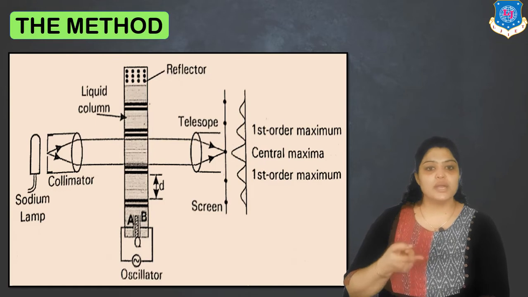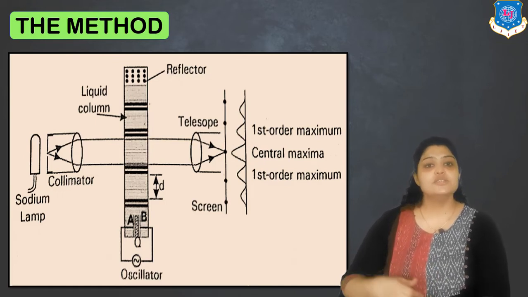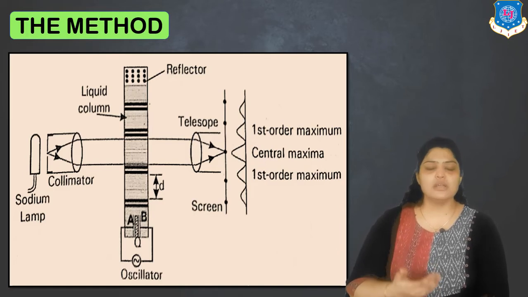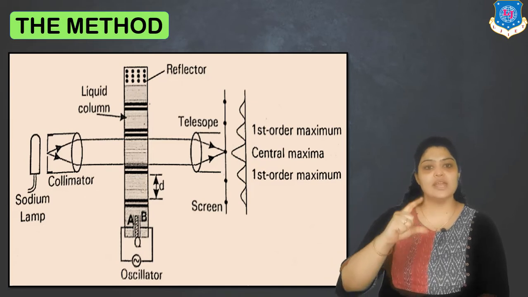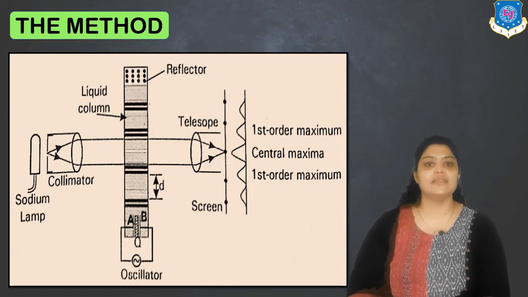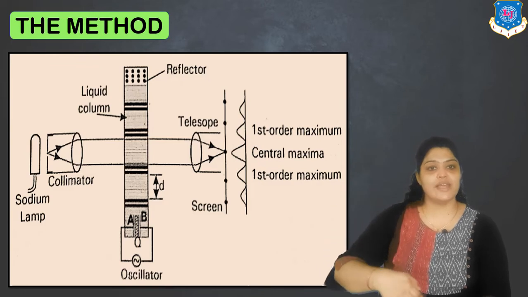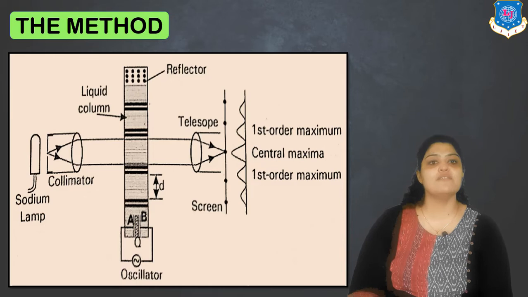Right? So where are the ultrasonic waves generated? Just look at the diagram. At the bottom portion, there is an oscillator, and particularly a piezoelectric oscillator is used. This oscillator will generate ultrasonic waves which will move in the liquid column like this. When the ultrasonic waves touch the reflector, they are reflected back. So this is the transmission, this is the reflection, and such waves overlap each other, forming a stationary wave pattern